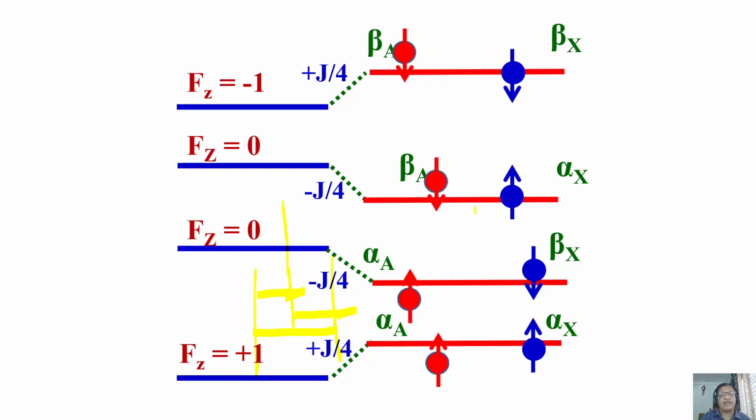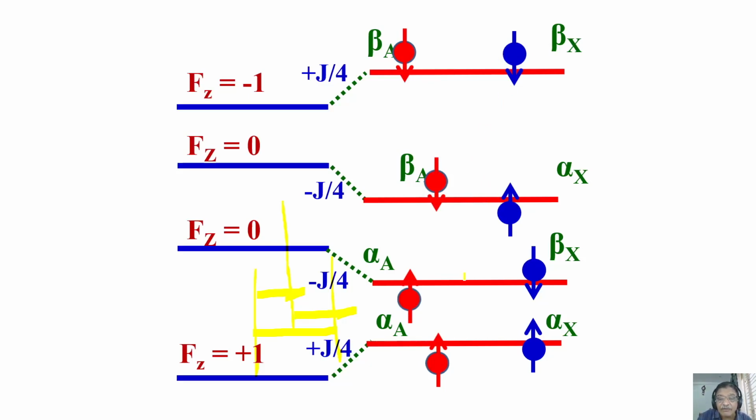Now we will go to X transition. Now, what are the allowed transitions of X? You'll see this one. This is allowed because this energy state, magnetic quantum number 0 to magnetic quantum number -1 is allowed, the difference. But here, B is not changing, A is not changing, only X is changing. So, A spin is still, both these cases remaining in the beta state, whereas X spin is changing its state from alpha to beta and beta to alpha. And remember, this energy separation is a higher frequency because larger energy spread now.